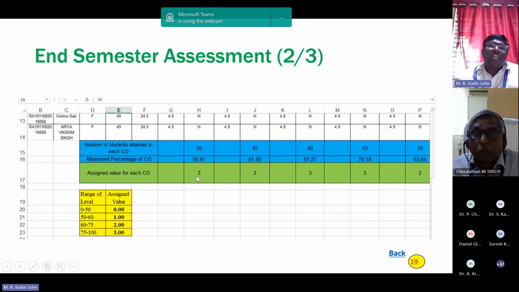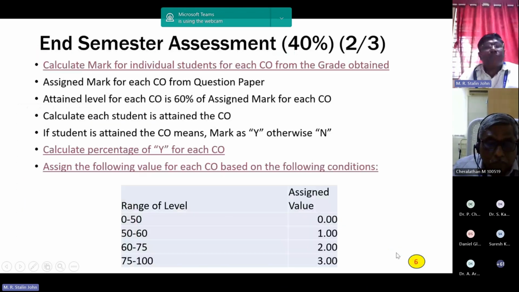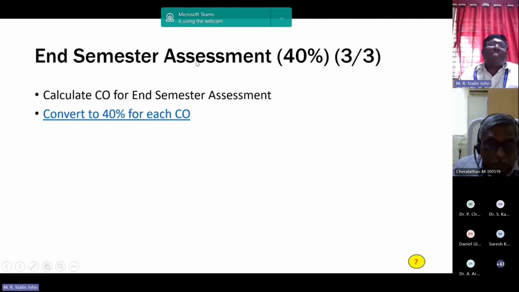We are assigning the value of 3 also. What is the assigned value for each? Say 90 by 93. The range is 75 to 100, so it is 3. So we are assigning the value, as in the previous case, and calculating the CO for the end